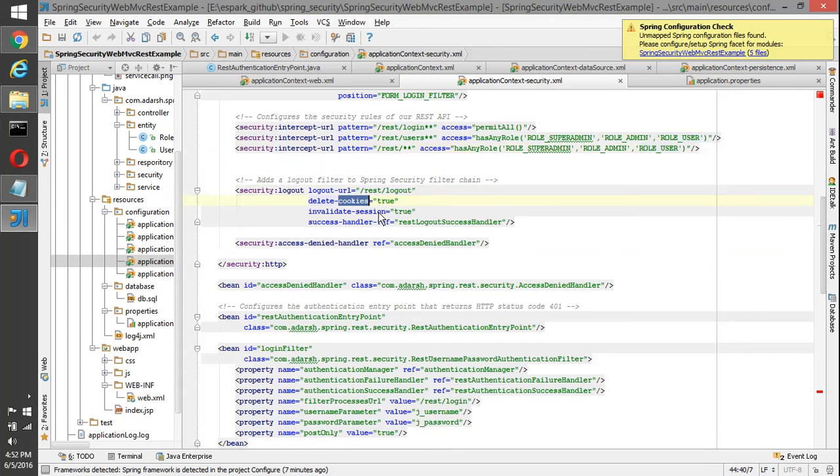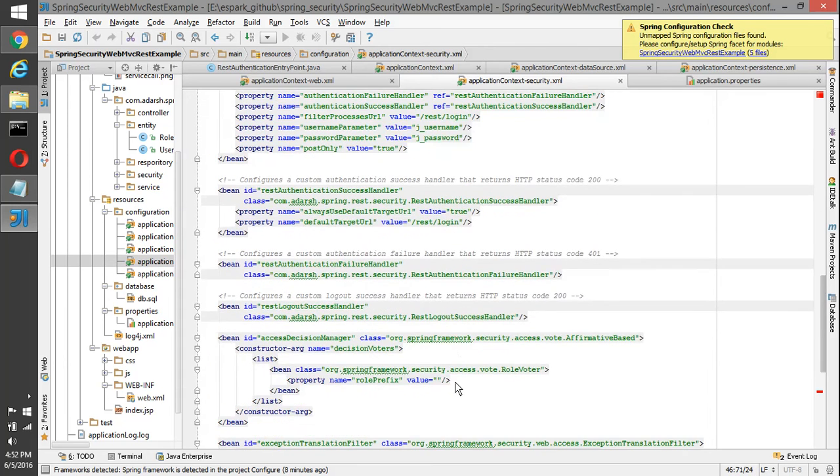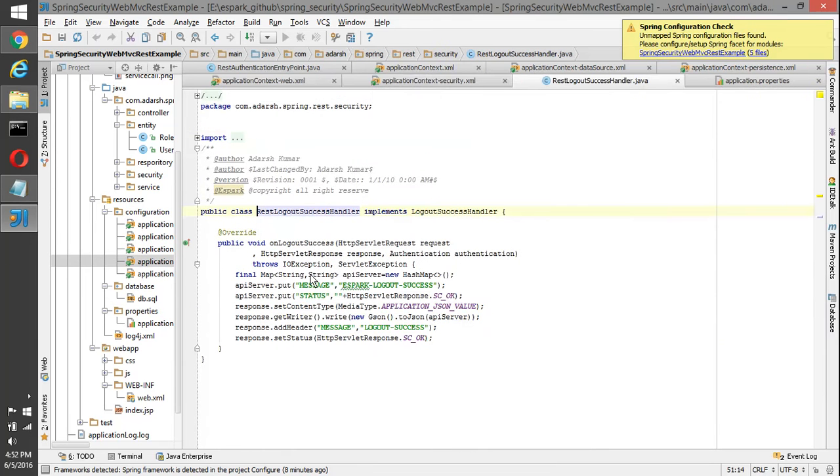The cookies will be deleted, the session will be invalidated, and then the REST logout success handler is going to execute. It will be configured somewhere here, the logout success handler. What it does is put the message that logout is successful along with the status, convert it into JSON, and send it back to the caller.